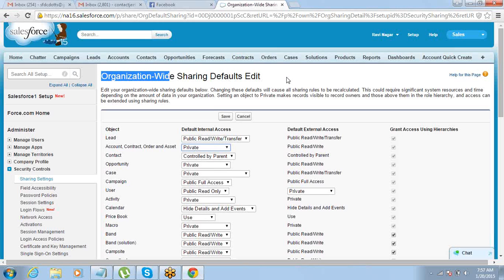So this is basically what data visibility is. Just think about this. I'll give you another angle for this. You have